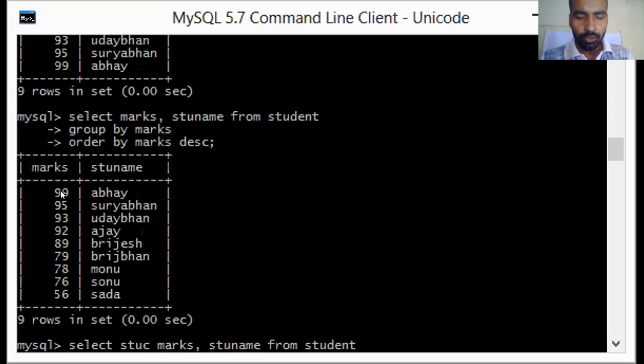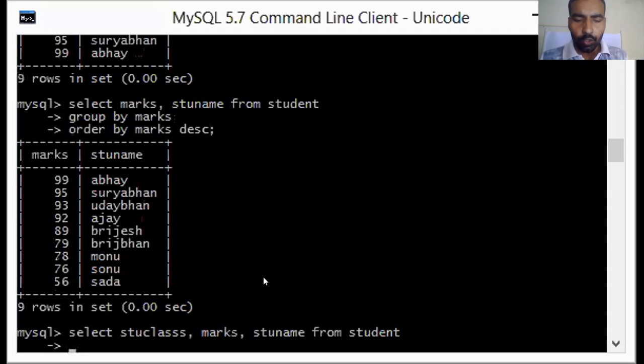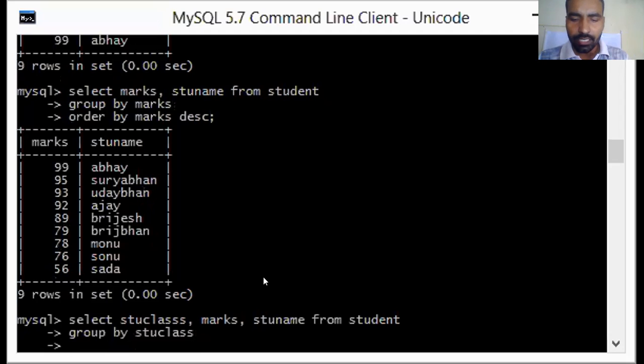Select STU class, comma marks, comma STU name from student. Then write group by function. Group by. Let us group on the basis of class. Group by STU class.